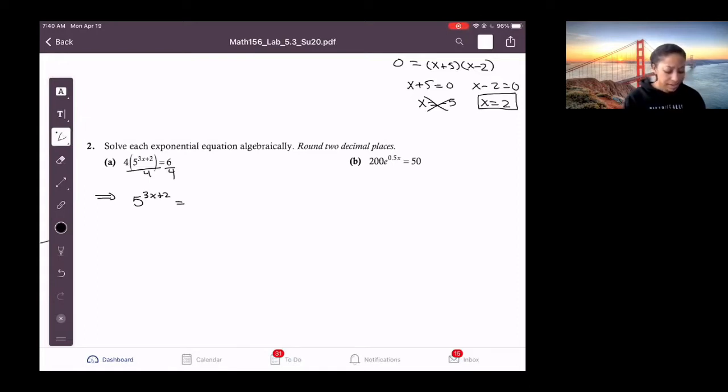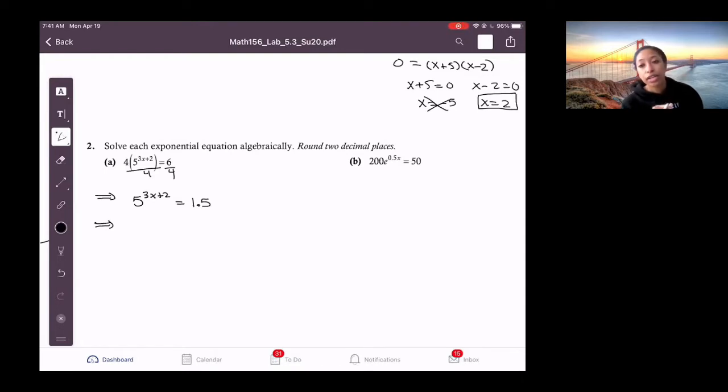You can leave that as a fraction if you want to, or you can write it as a decimal if the decimal is a terminating decimal. So 6 over 4 would be 1.5. If it was like 1.44444, leave it as a fraction instead of converting it to a decimal. All right, from here,